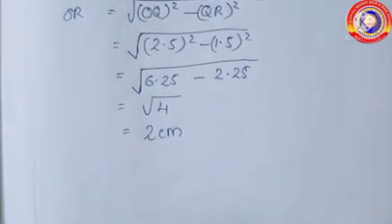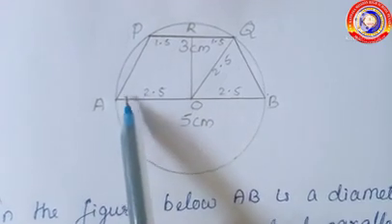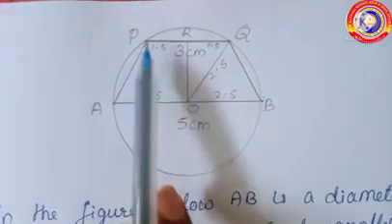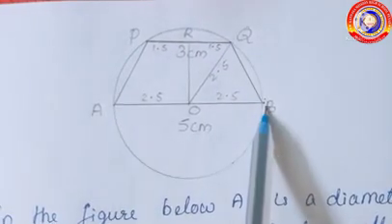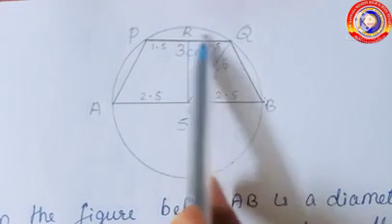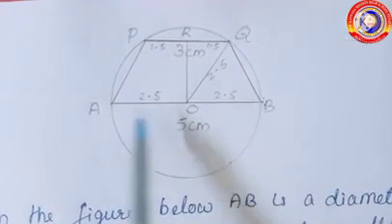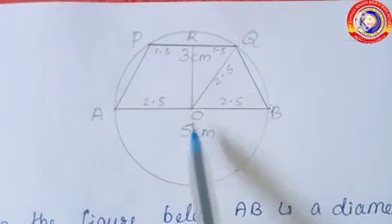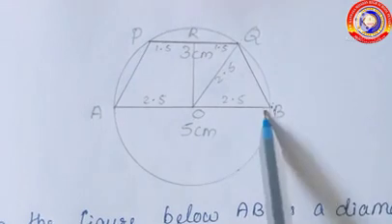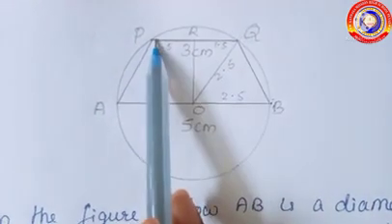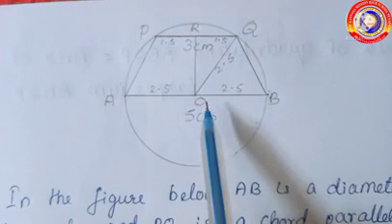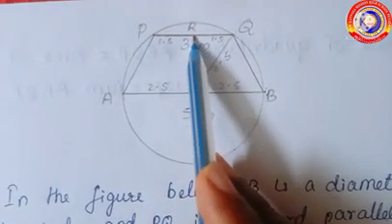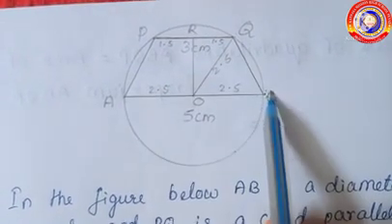So in this quadrilateral ABQP, okay, so this quadrilateral is ABQP. Here PQ and AB are parallel. Therefore, this quadrilateral is a trapezium. So, area of quadrilateral ABQP is equal to area of trapezium ABQP, which is equal to half of OR into AB plus PQ.